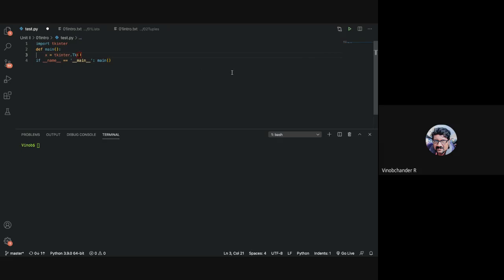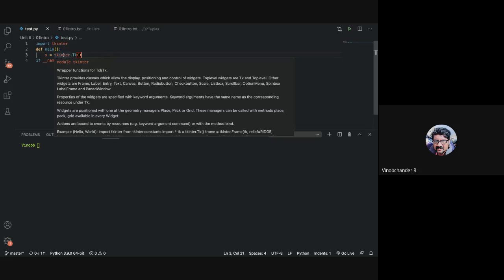Now the concept of event-driven programming: this object that you are creating in line number 3 essentially creates a tkinter object. So you are now ready with a simple UI, a simple window, wherein you can place widgets and have your event-driven programming style. When a particular event happens, something happens. That is called event-driven programming.